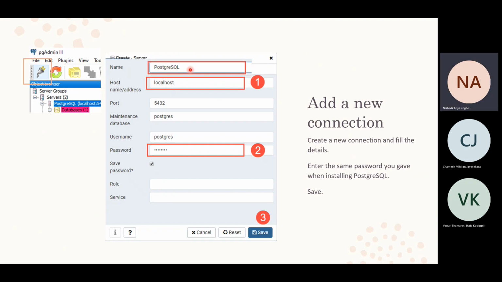So the name will be PostgreSQL. The host will be localhost. You have to include localhost here. The port will be already given to you. They will select the existing port in your machine and give the port. Maintenance database should be postgres. Username,